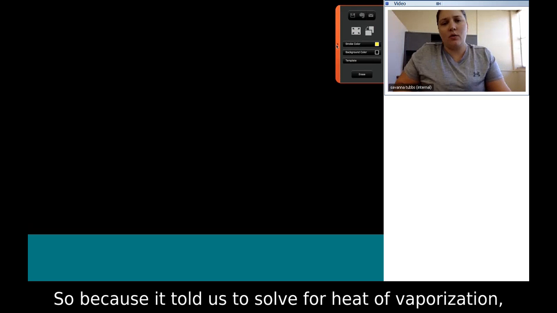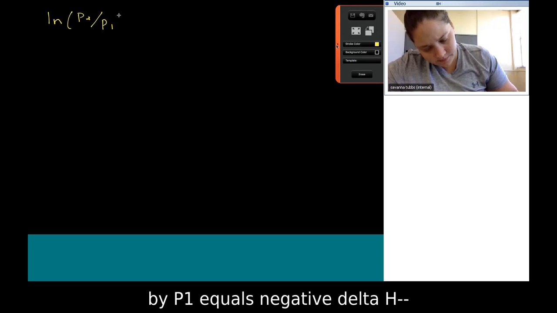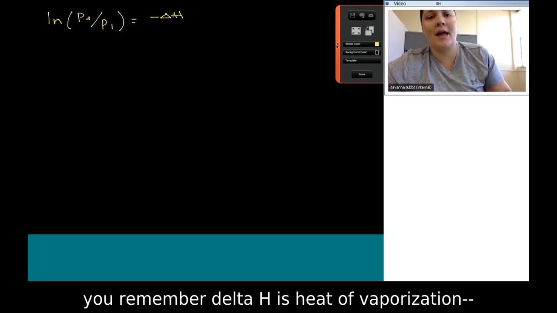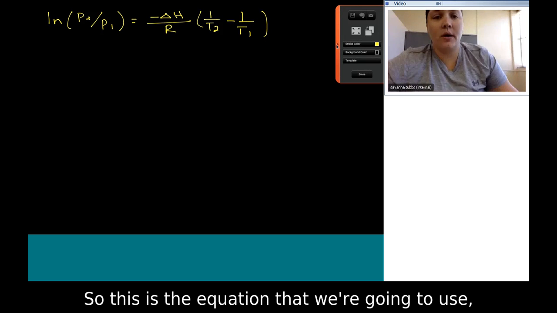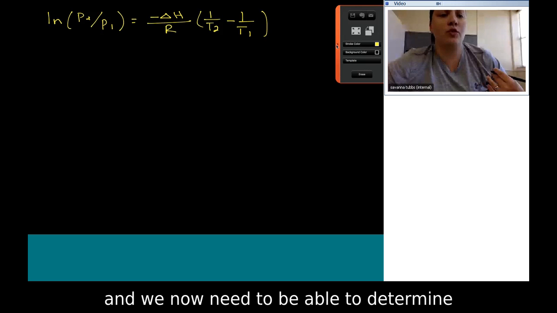So because it told us to solve for heat of vaporization, we know we're going to have to use the following equation. It's going to be Ln of P2 divided by P1 equals negative delta H, and remember delta H is heat of vaporization, divided by R times 1 over T2 minus 1 over T1. So this is the equation that we're going to use, and we now need to be able to determine what